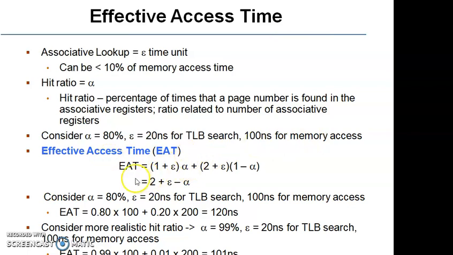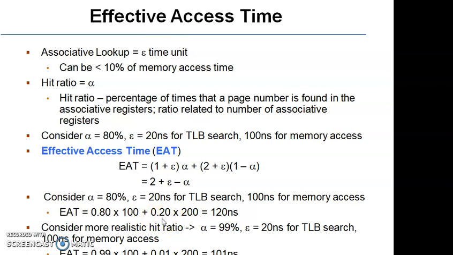Effective access time EAT equals (1 plus E) alpha, where E is the associative lookup time and alpha is the hit ratio, plus (2 plus E)(1 minus alpha). The formula simplifies to 2 plus E minus alpha. We can take an example here. Consider alpha equal to 80% and E equal to 20 nanoseconds for TLB search, 100 nanoseconds for memory access. Then the effective access time is equal to 0.80, converting the 80% to 0.80, into the time required to access main memory, 100, so 0.80 into 100, plus